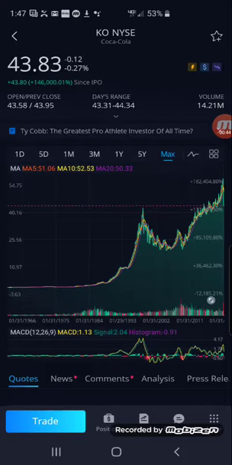And it can be a little confusing at first because there's a lot of stuff going on here. But from top to bottom, we see it says Coca-Cola. This is 43.83, that is the current price of the stock. So if you were to buy a share of this, it would cost you $43.83. Now, as we go down a little further, we see the open price, that's what it opened for in